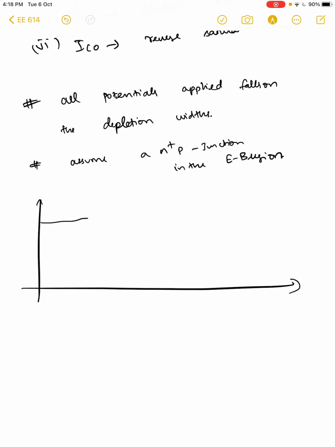I have a heavily doped emitter region. So this is Nd minus Na, okay? A moderately doped base, and a very lightly doped and wide collector, right? So we have a very small depletion width here and some reasonable depletion width here.